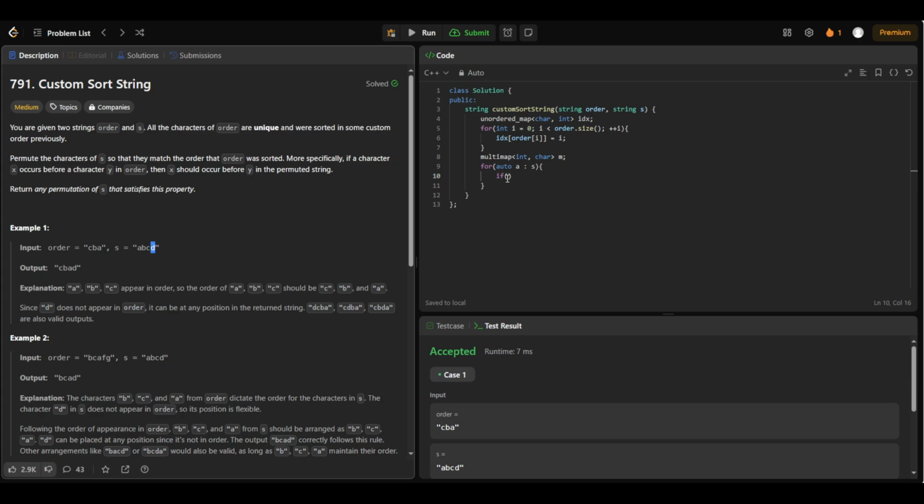So I'll just use this condition: if idx.find, if I find this particular a, and it's not idx.end, that means we actually found it in our unordered map. That means it exists. In that case we want to store it, right? So let's just say m.insert,